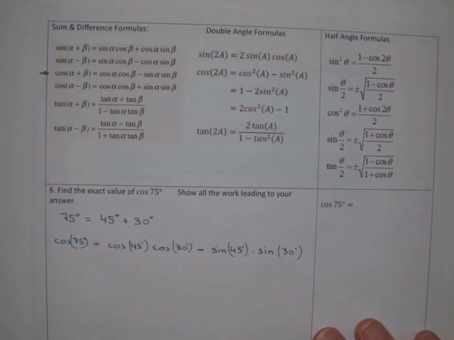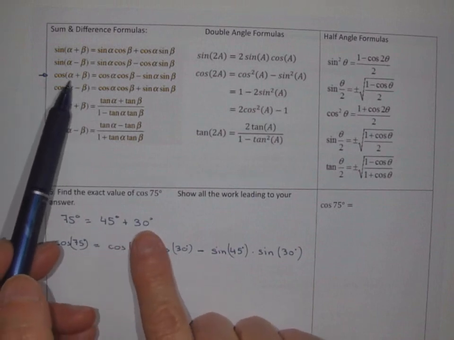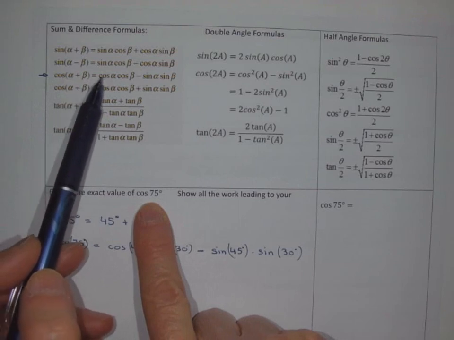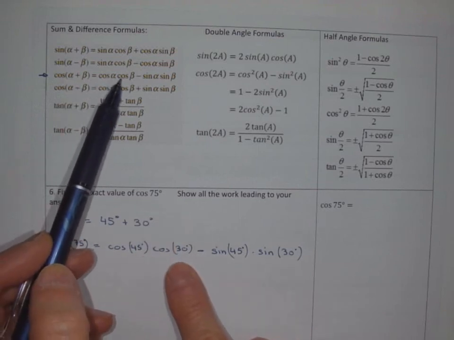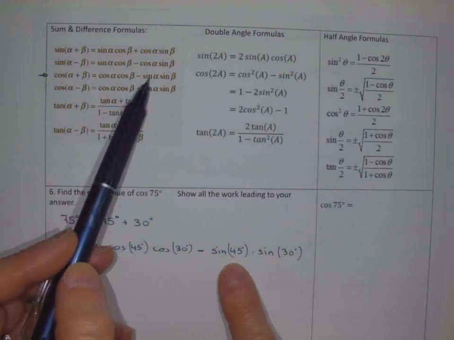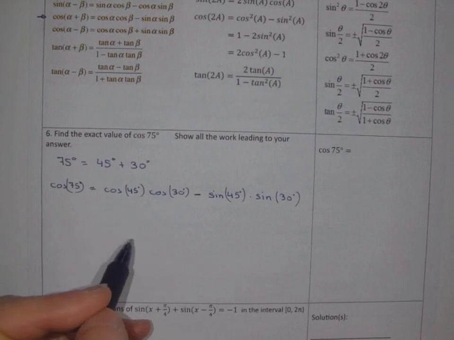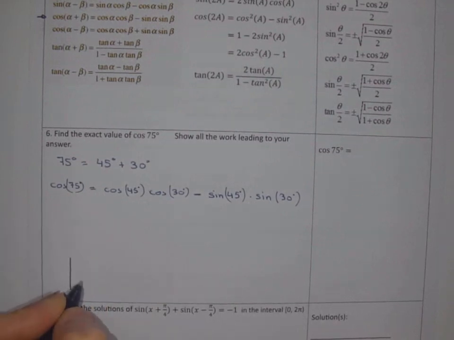And now let's make sure we check. So 75 we said is 45 plus 30, so we're in a cosine situation and we're having a sum of angle. So we have cosine of the first angle times cosine of the second minus sine of the first, sine of the second. So we're good to go. And now we're going to evaluate all of that using our unit circle, right? So if we recall our unit circle,